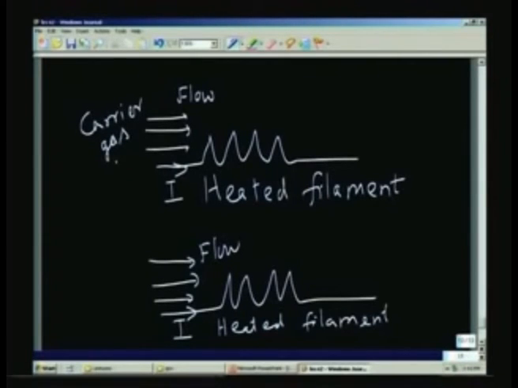For example, I can have helium or hydrogen, just to take as an example, and I have here carrier gas plus another gas, for example carbon dioxide. So, I have a small percentage of CO2 being carried by the carrier gas, and let us say that this